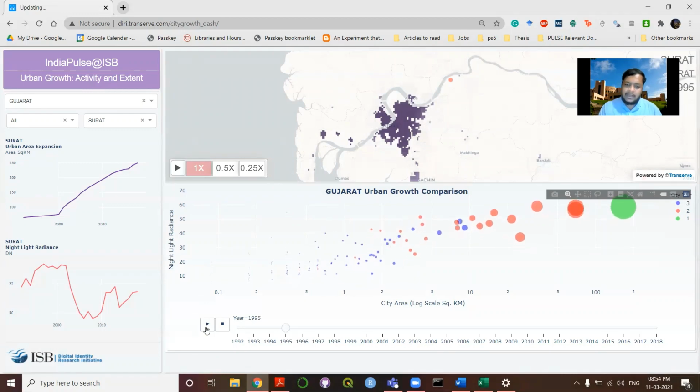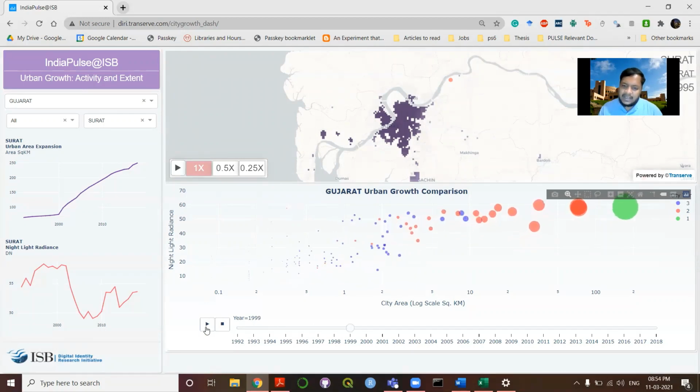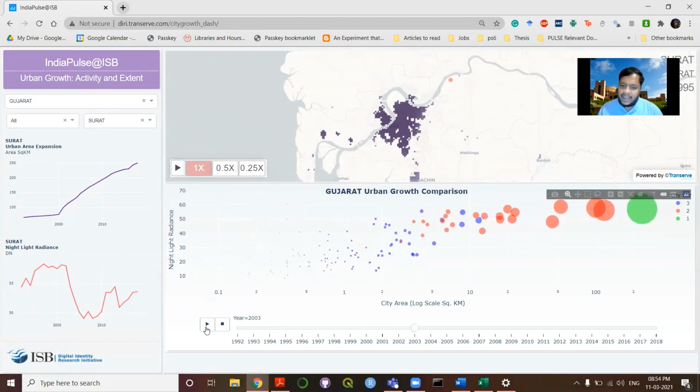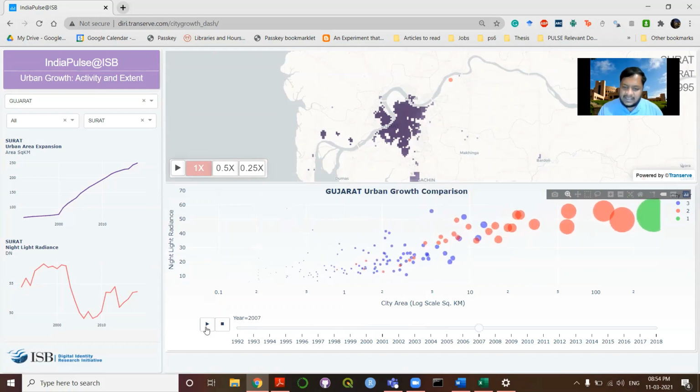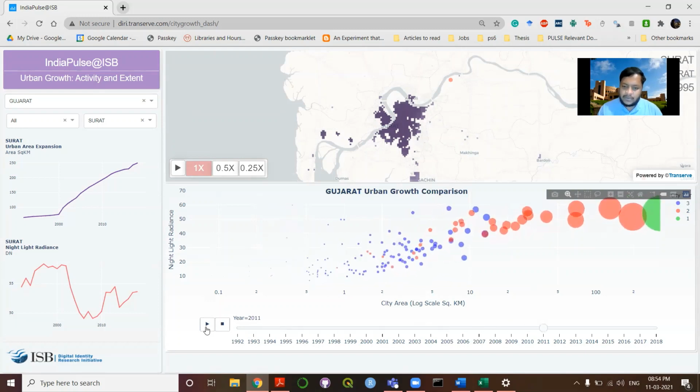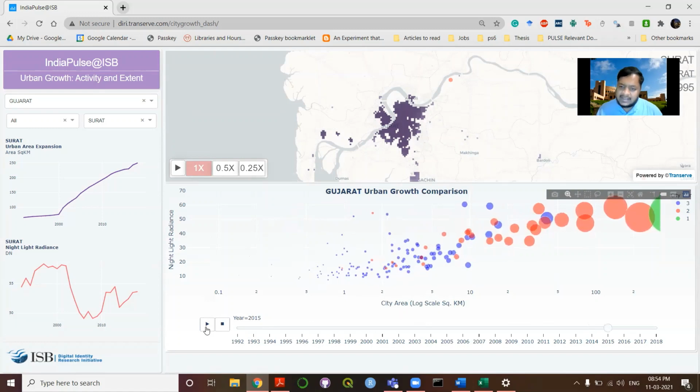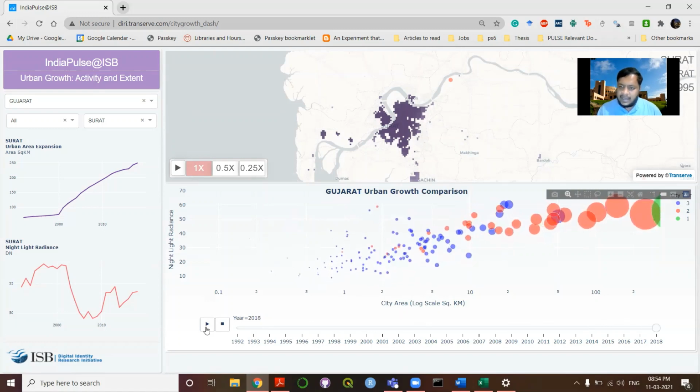When you press the play button, you can see how these areas have changed, where on the x-axis you are seeing the city area in log scale of square kilometers, and on the y-axis you're seeing night lights in digital numbers. We see that across time, especially post 2004, urban areas such as Surat, Agra, and Rajahmundry have outgrown